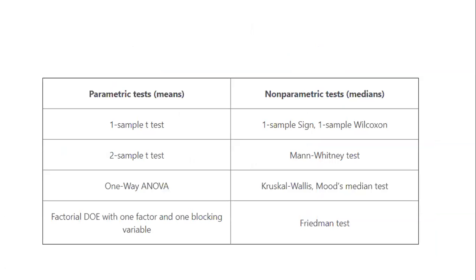Here, once again, I will summarize what is parametric test and non-parametric test. Here, the parametric test, one sample t-test. If your data behave normally, in a normally distributed way, you can go for one sample t-test. If your data don't behave in a normal way, you have to go for Wilcoxon test. If you have two samples, you have to use two sample t-test. If your data don't behave in a normal way, you have to go for the non-parametric Mann-Whitney test.